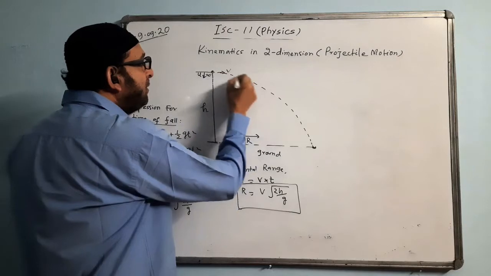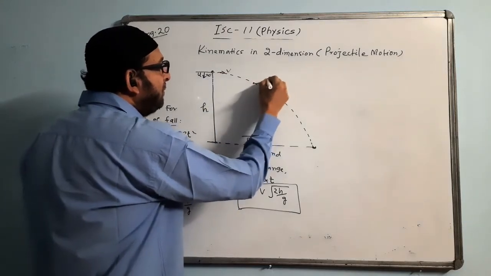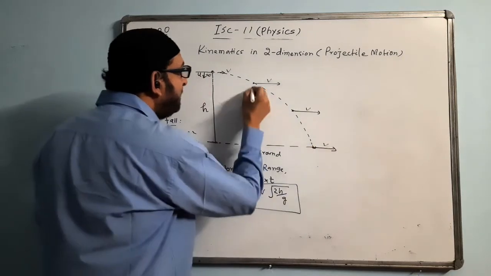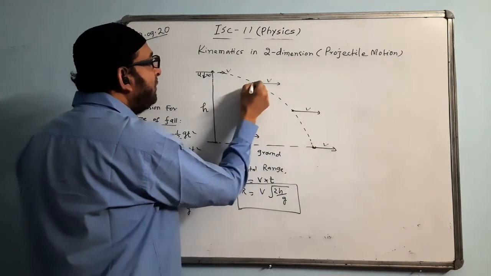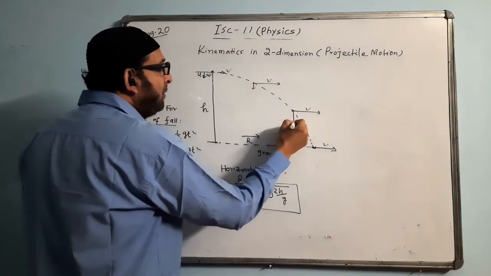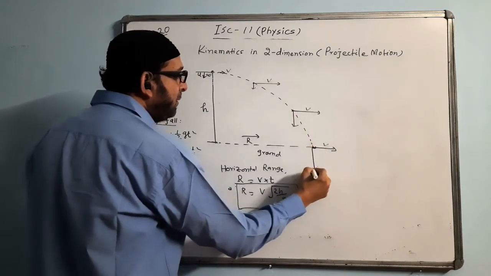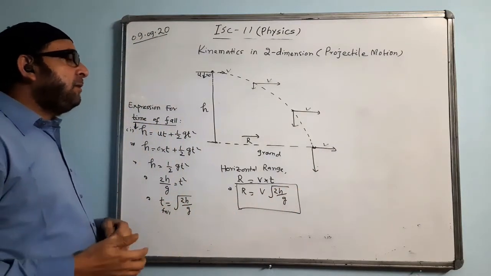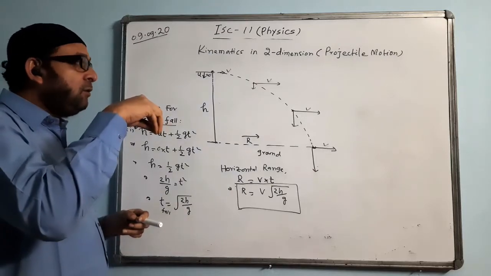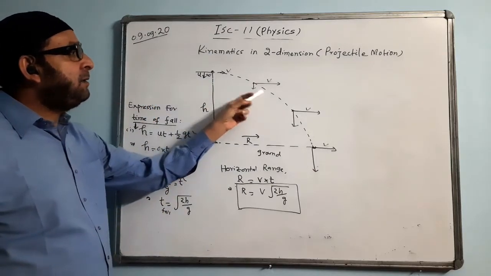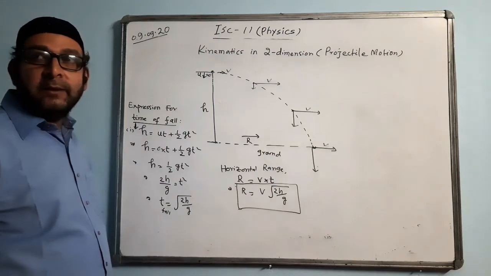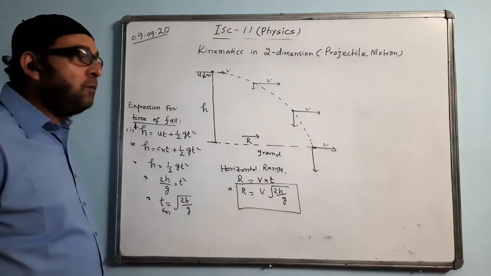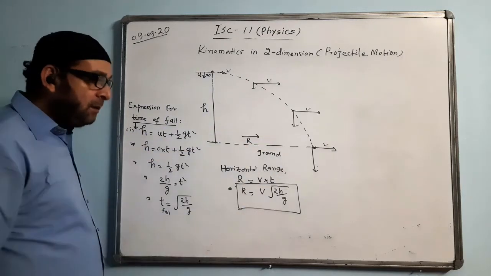Motion will be somewhat like this. At any point, horizontal velocity does not change, it will remain v. Here also it will remain v. Everywhere it will remain the same v. But the vertical velocity will increase because it was 0 initially. Now it will be increasing, here also increasing. So vertical velocity is variable. When the body goes down, the initial velocity is 0, that will be increasing here, again increasing here, and again increasing while reaching the ground. Whereas horizontal motion is a uniform motion, that means the value of velocity will remain the same throughout.